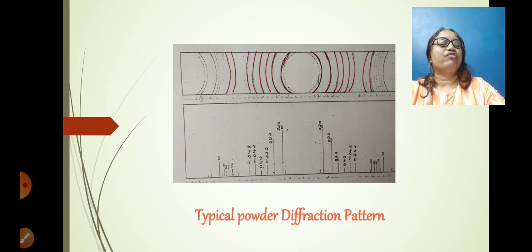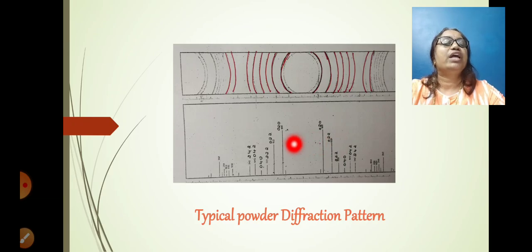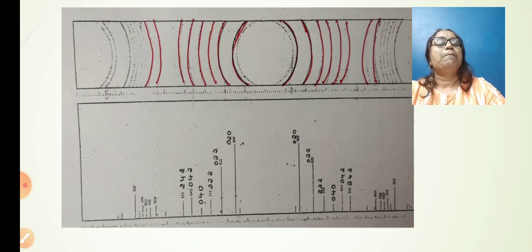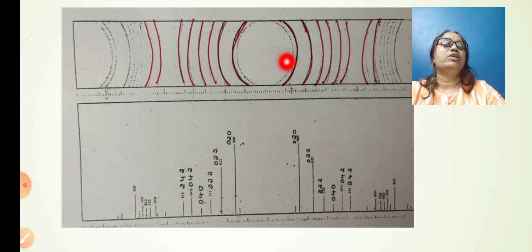This is actually what we are getting, using the photograph of the KCl crystal. So this is a typical diffraction pattern. Here we have the HKL values. Here we have the bigger one, the circular path; in the photograph this is the first circle, and the radius is measured, or the distance between these two arcs of the first circle is measured. All the radii or the diameters are measured using the meter scale.